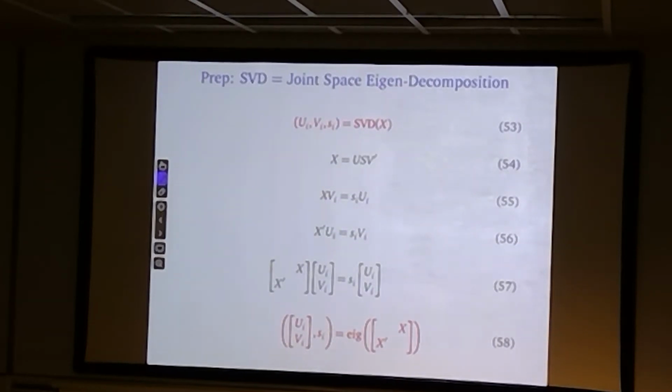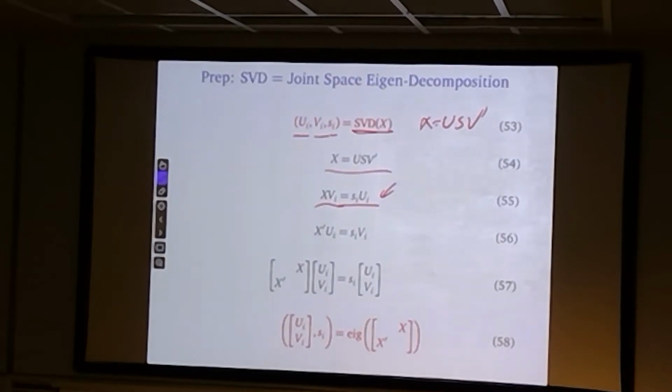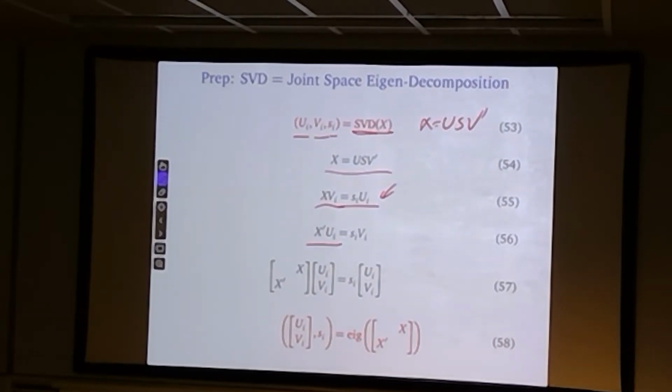So now, let's try to understand the structure of the eigenvector solution. I want to give two interpretations of that. One is that the SVD of X is U_i, V_i, S_i, basically X equals U S V transpose, okay? We have done this before. This means X V_i equals S U_i, right? You apply X to the right singular vector, it gives you the left singular vector. And if you multiply X transpose, it's completely dual to each other,